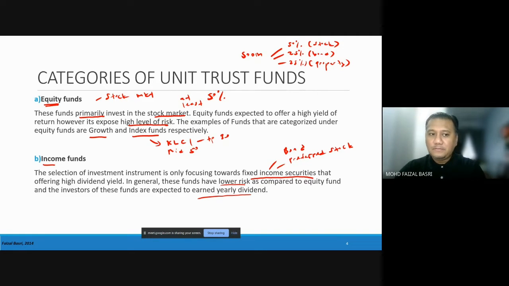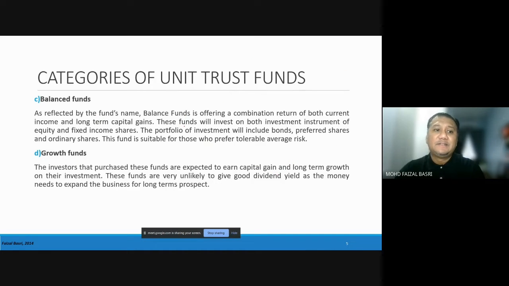Right? And kalau nak best of both worlds, bukanlah best of both worlds, maknanya kalau you nak balance kan between the two, maknanya nak some exposure to the stock market, at the same time nak juga balance fixed income security ni, kita ambil lah balance funds. Okay, so balance fund adalah kat tengah-tengah, in between the two. So tinggi is equity, high risk. Kalau yang rendah, income funds. Tapi kalau nak yang combination between the two, kita ambil balance funds.